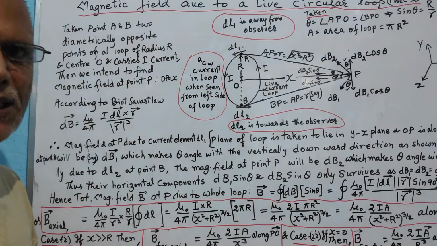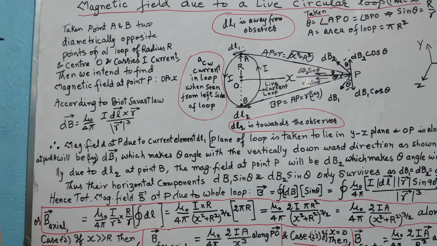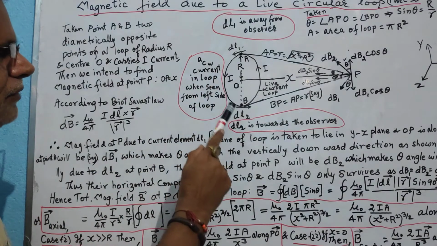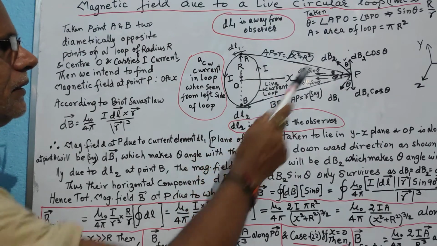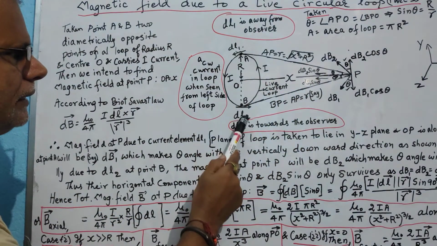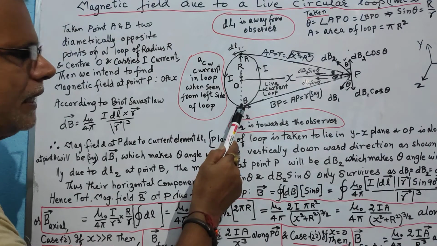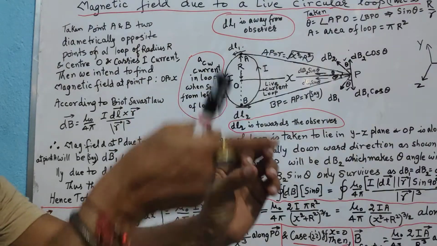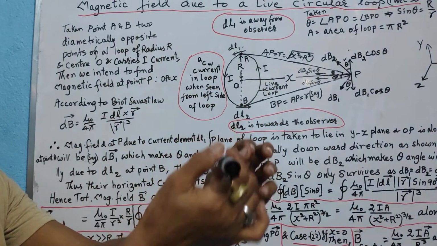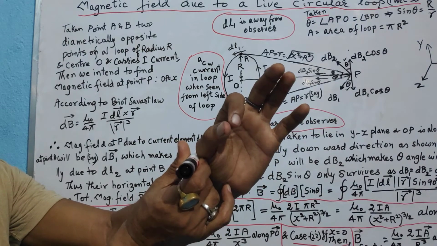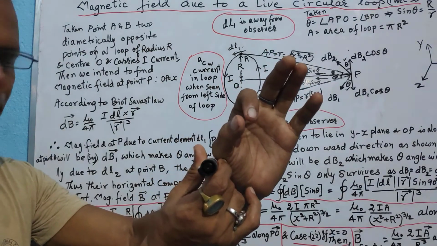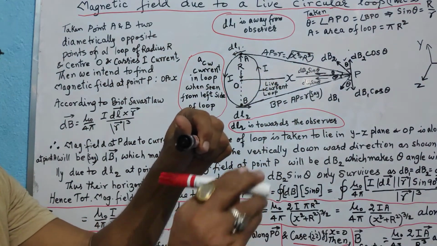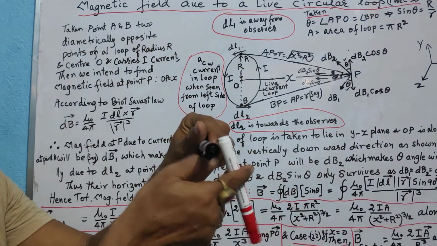I believe that you have understood. You can do this exercise yourself for better understanding. And now in the same fashion we can see the magnetic field dB2 due to current element dl2 lying at point B. This time, remember, you have anti-clockwise current for me, so at the bottom you have dl2 directed towards you, and then the direction of r will be like this.